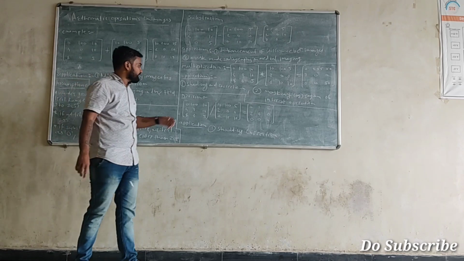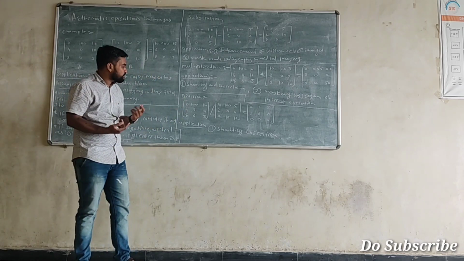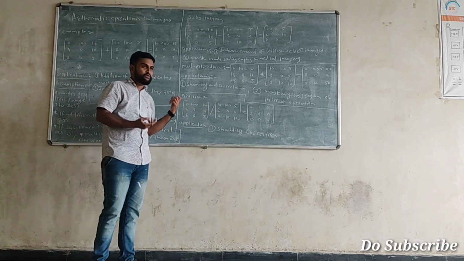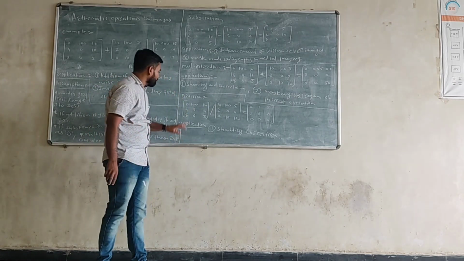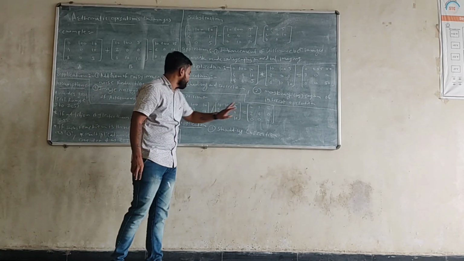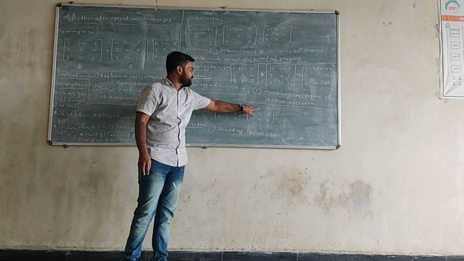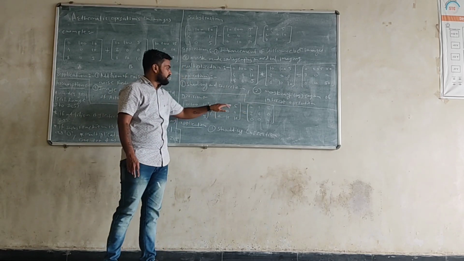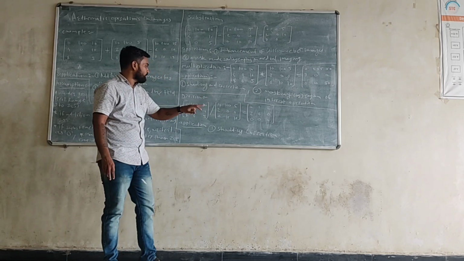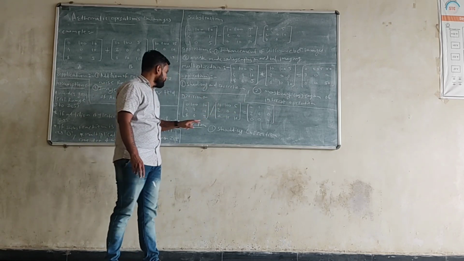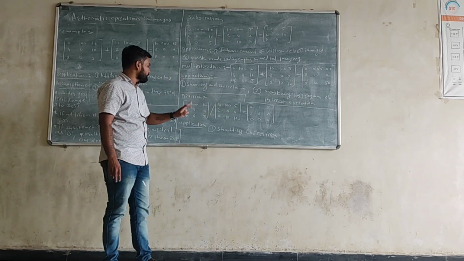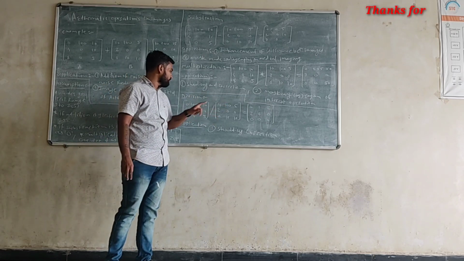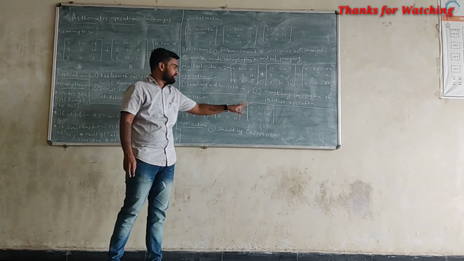Okay. Then we have division. Similar approach. We have to divide the two pixel values of two different images. So 0 divided by 10, that is 0. 100 divided by 100, that is 1. 10 divided by 5, that is 2. 4 divided by 2, that is 2. 0 divided by 0, that is 0. 10 divided by 0, that is 0. 8 divided by 0, that is 0. 0 divided by 10, 0. 5 divided by 10, that is 0.